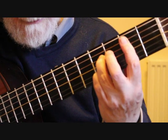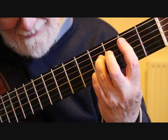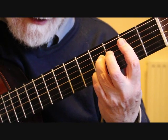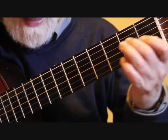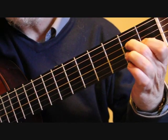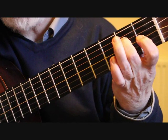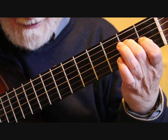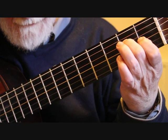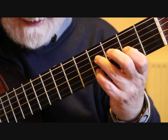Keep the little finger and bar and the 3rd finger on for the first beat of bar 64. We play 6th string and 2nd string together, 4th string, 3rd string, and then on the 2nd beat we need to get the 2nd finger to E at the 2nd fret, 4th string, and the 1st finger to the G sharp at the 1st fret, 3rd string. So now we're playing the 1st string, 4, 3, 1, 4, 3, 2, 4, 3. So bar 64 is